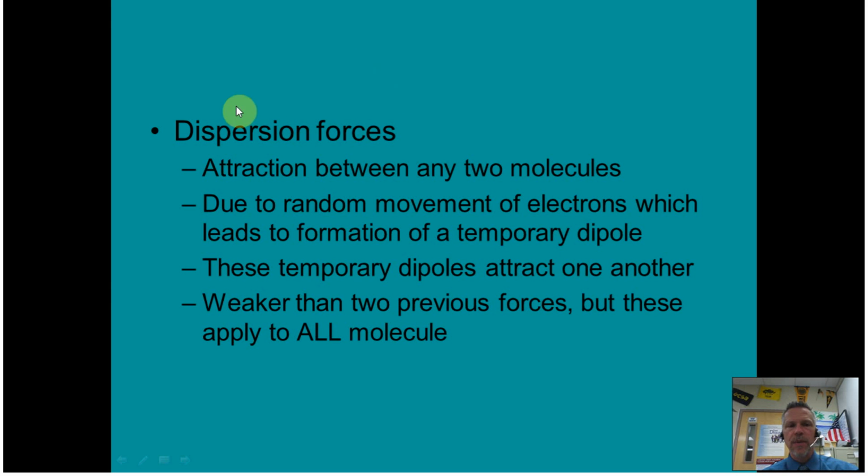The last type of force we need to talk about is a dispersion force. This is the attraction between any two molecules. They don't have to be polar covalent bonds. These are just due to the random movements of electrons in a molecule. Electrons are not static, they move around all the time, and at any random moment, it's possible that most of the electrons in a molecule will be in one place, just randomly, as opposed to dispersed evenly all over the molecule. So if you've got all the electrons piling up on one side of, for example, a hydrogen gas,